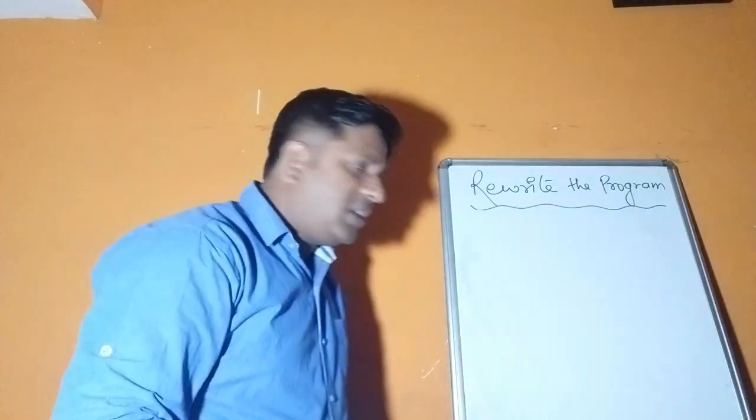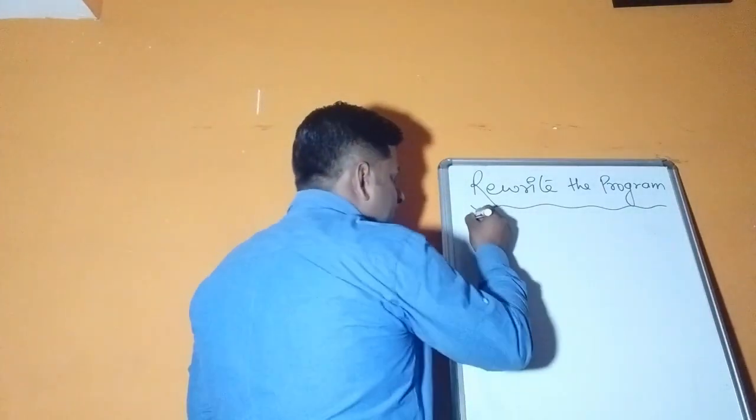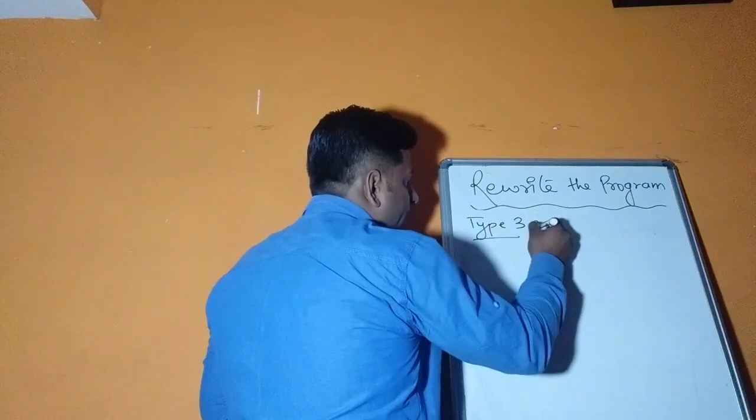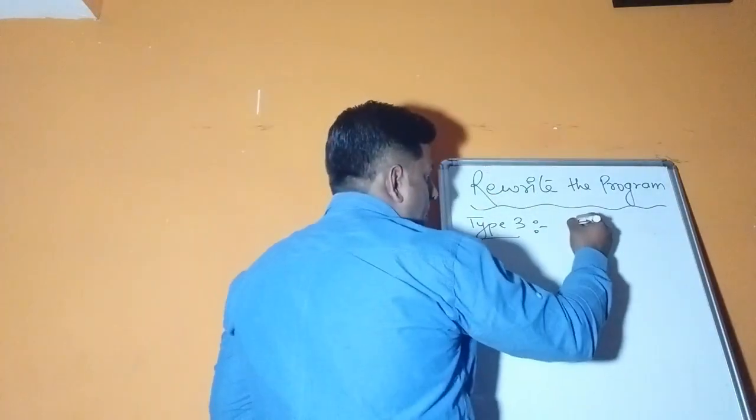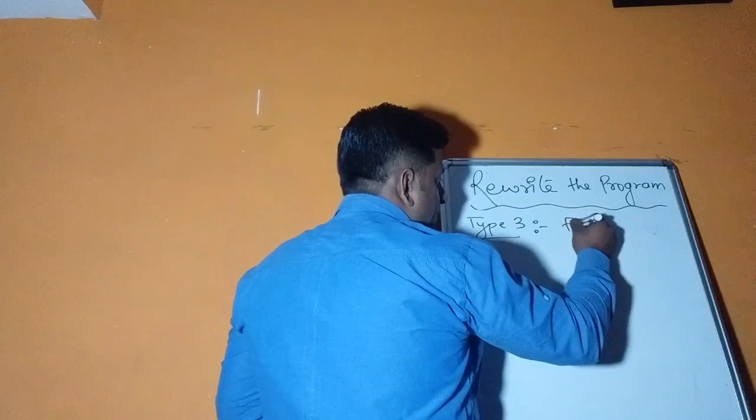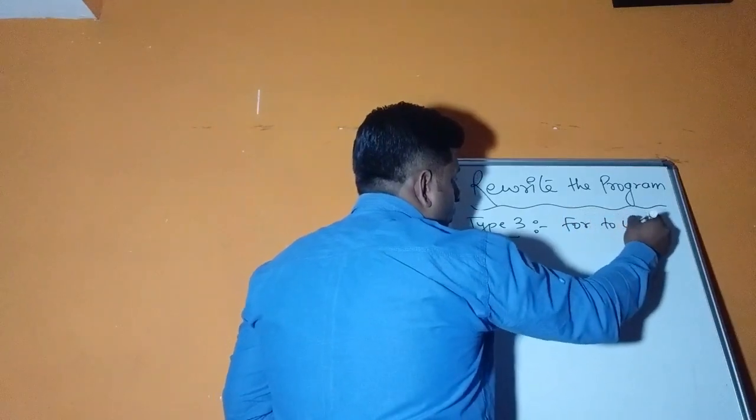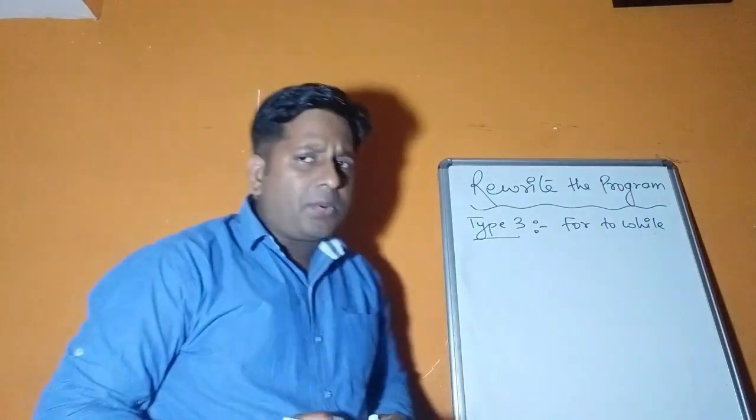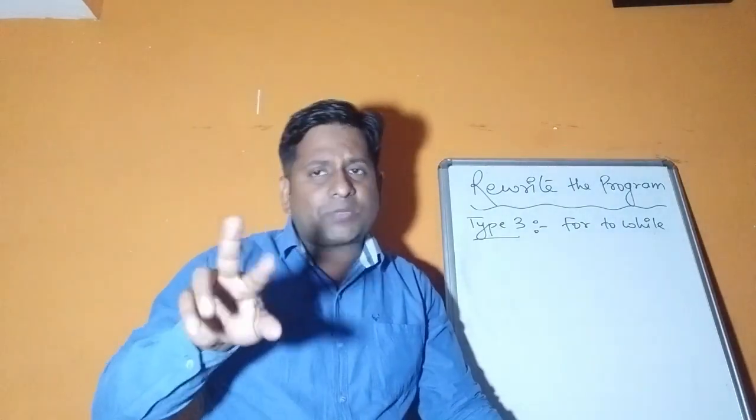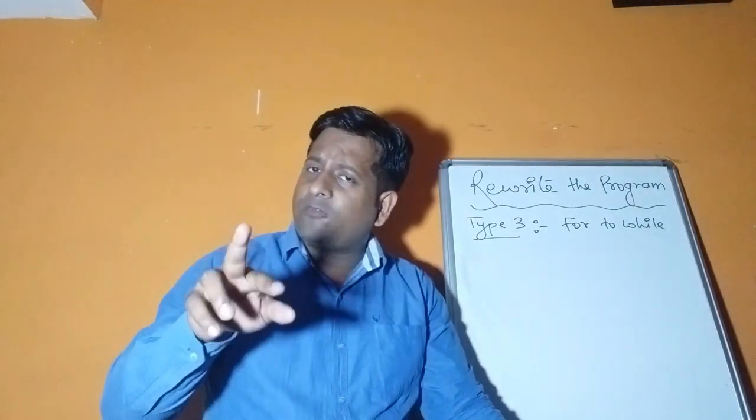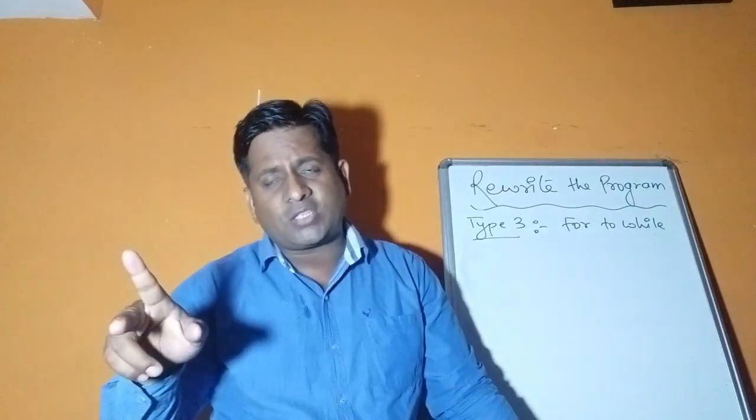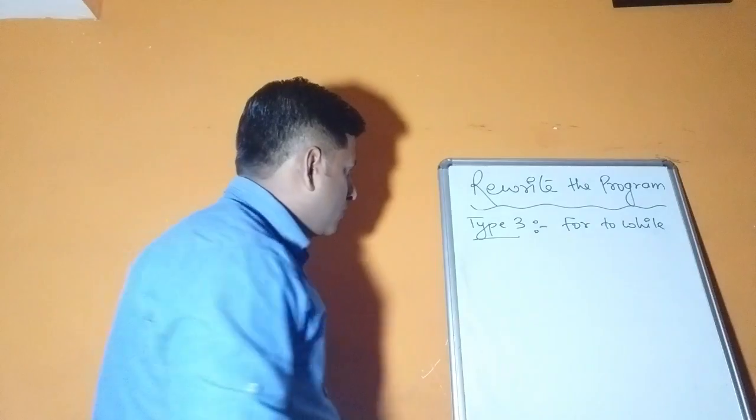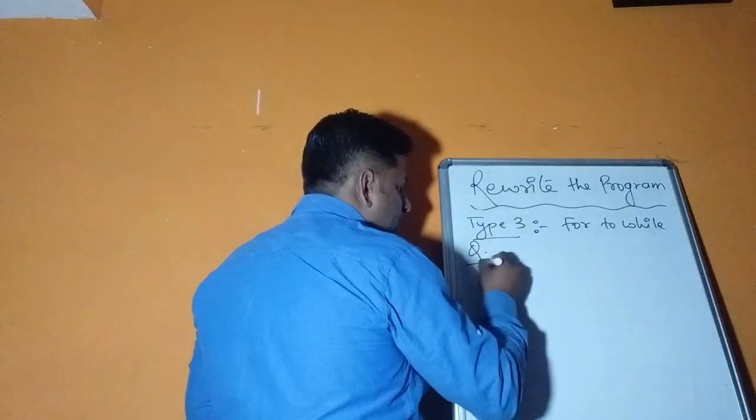So children, see, type 3: for to while. Children, whatever type I am teaching, it can be vice versa also. That means in the previous question it was if else to switch case. The question may be from switch case to if else. The technique is the same. So the question: